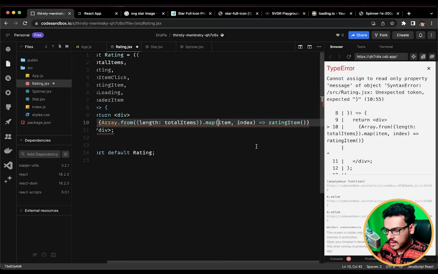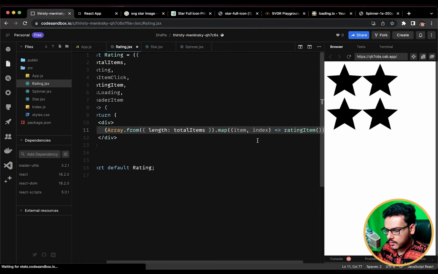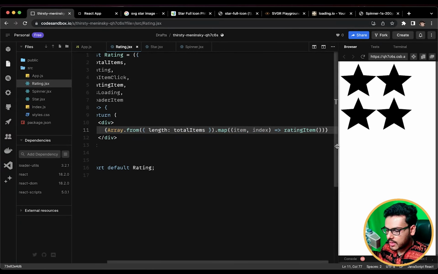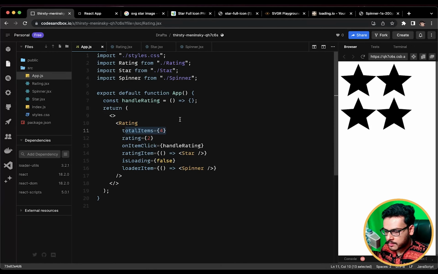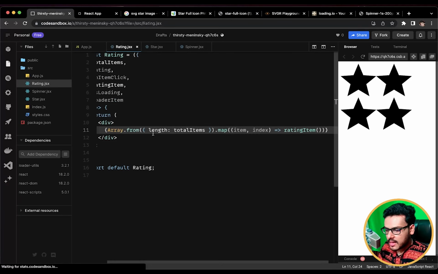Okay, so I missed the syntax here. It has to be like this. And okay, and now we have 4 stars onto the screen. You can see them over here. So what I did was nothing. I created an array from the number. So number 4 was given to us in form of the total items props. I created an array by this particular code, like Array.from, and I pass the length as the total items, and